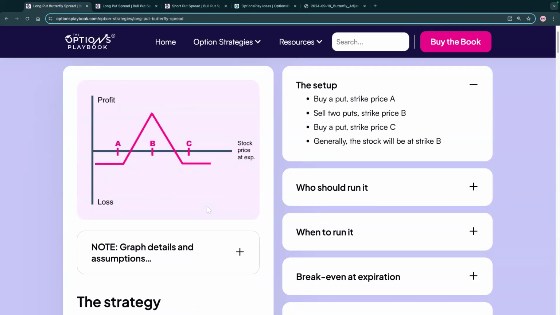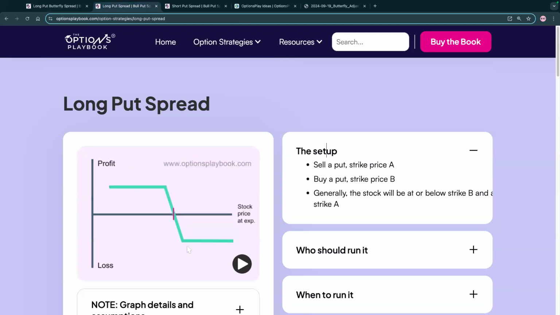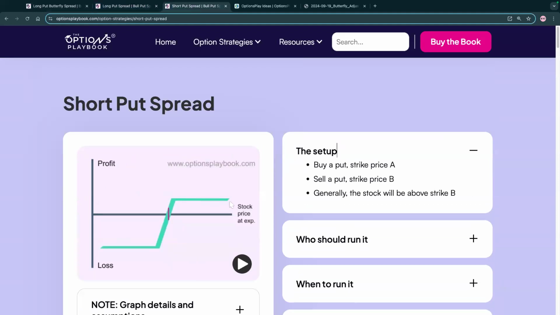We're going to roll into and out of spreads by doing this trade. We're going to start with the first modification, which means we start with a butterfly, and then we roll into a spread when the market goes against us. But if you look at these two spreads, the long put spread wants the market to go down, and the short put spread wants the market to go up.